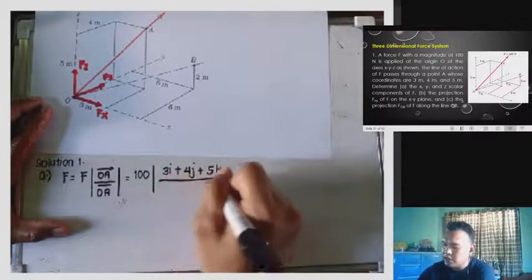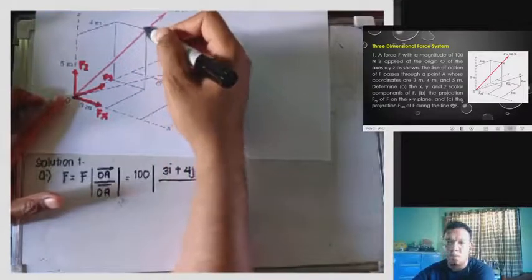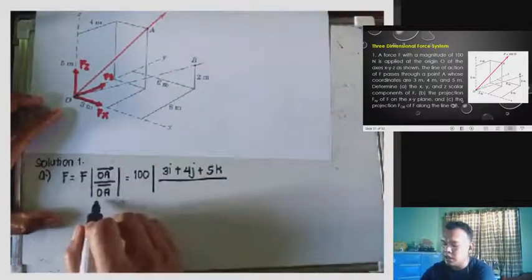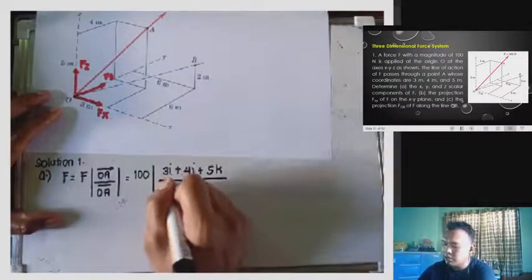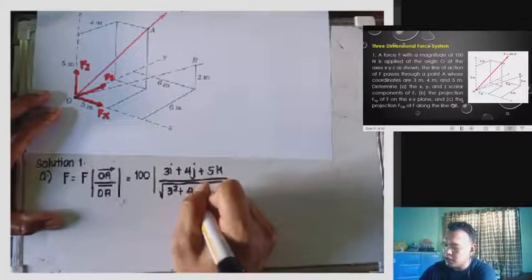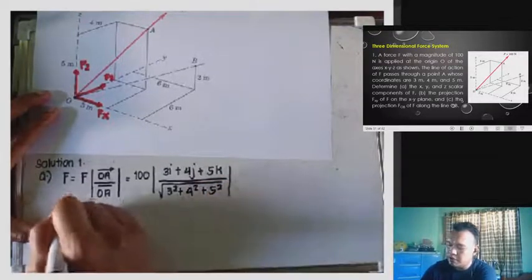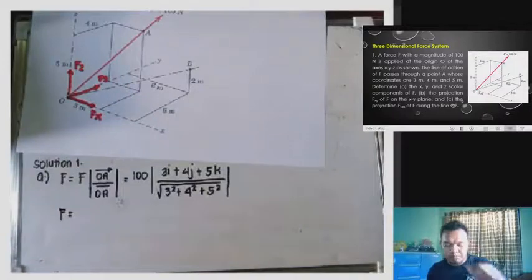All over, OA is the total length. From O to A, this whole length. That is the line OA. So, we have here the square root of the coordinates 3 squared plus 4 squared plus 5 squared. Therefore, we have here F is equivalent to